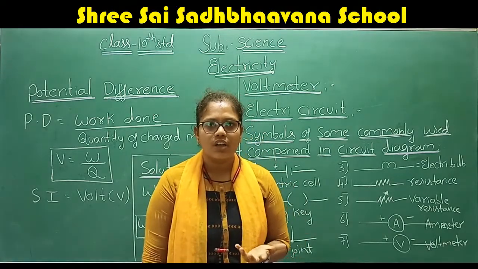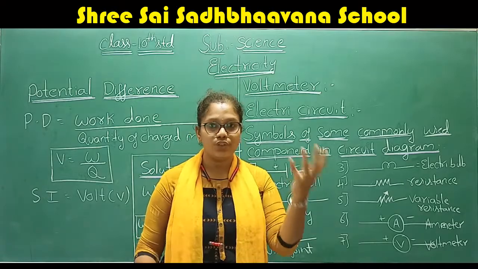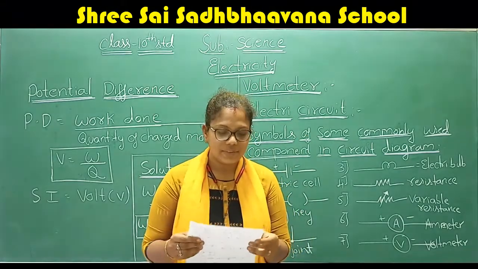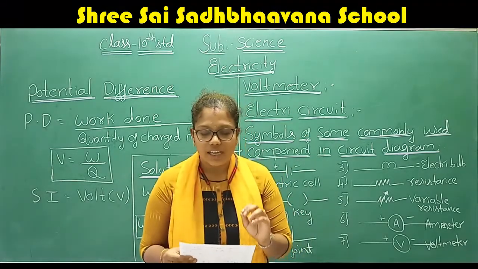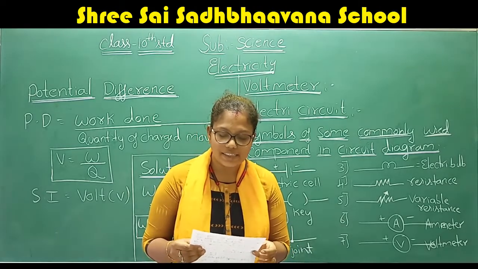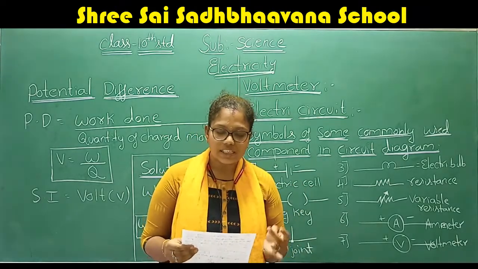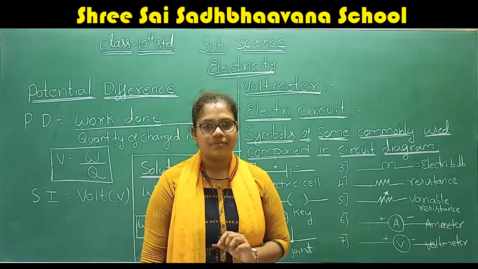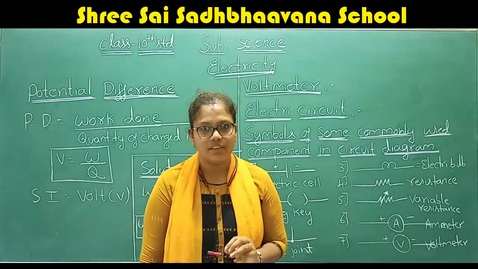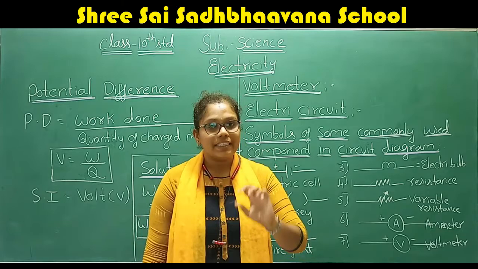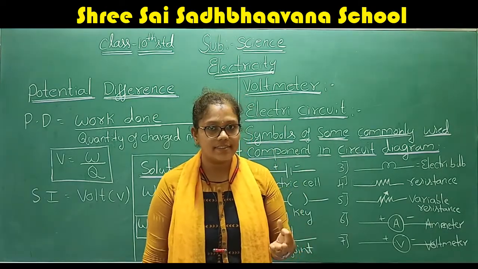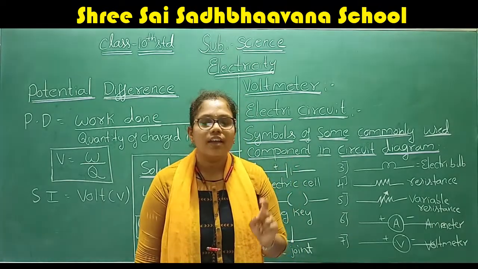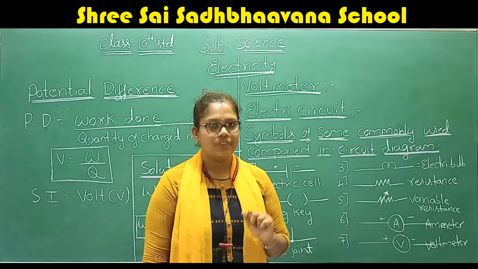Then what is an electric circuit? Why are we going to use circuits? An electric circuit is a continuous conducting path consisting of wires and other resistances and a switch between the two terminals of a cell or a battery. It is a continuous path connected with the switch, batteries, resistance, everything present in the continuous path. That continuous path we call an electric circuit.